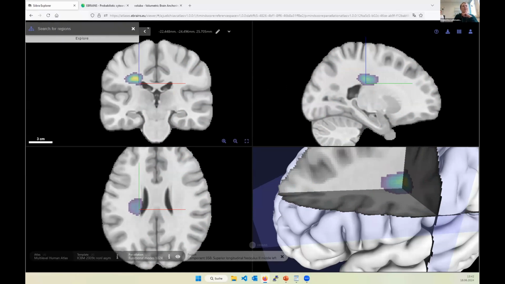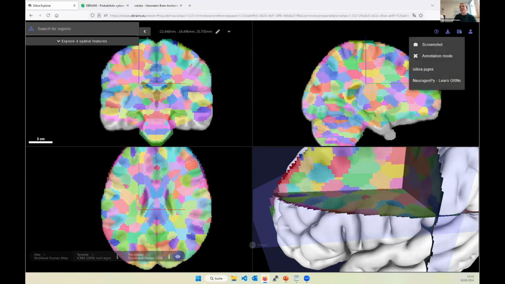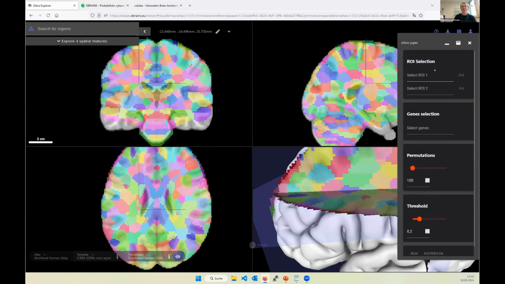I know it's a lot of stuff, but last but not least, since this was also mentioned, I wanted to show you JuGEx. For JuGEx, we have the tool implemented in Zebra Explorer in a small version. So if you just want to have a short overview of everything, you can go here to JuGEx, where you can also take a screenshot. This is a plugin tool. And here you can select a region of interest. For example, V1